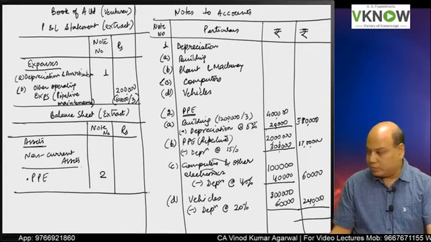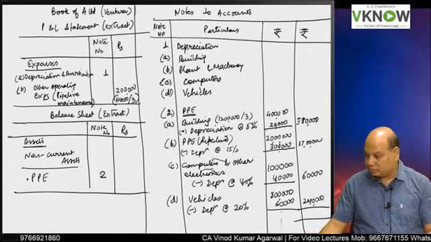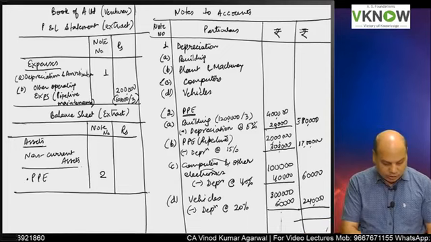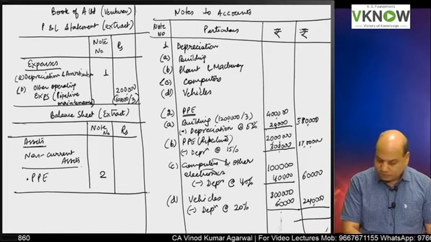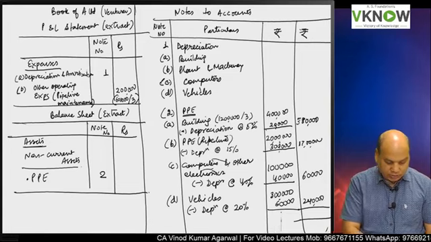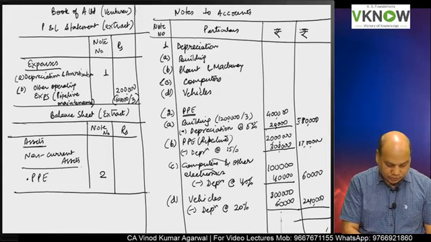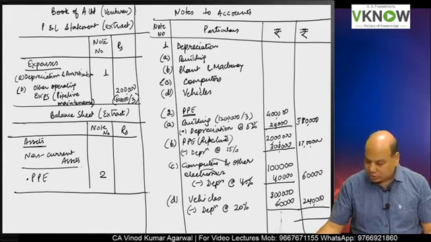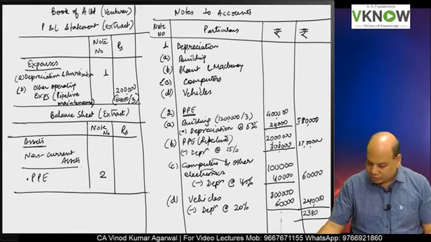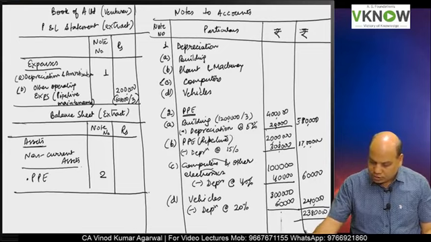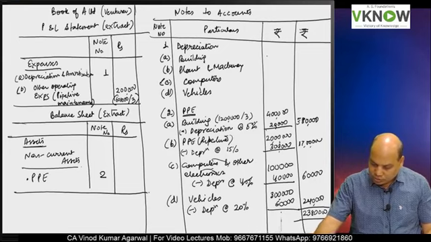Take the total of the PPE item, that is 3,80,000 plus 17 lakh plus 60,000 plus 2,40,000. So that comes to 23 lakh 80,000, and also write down depreciation on building